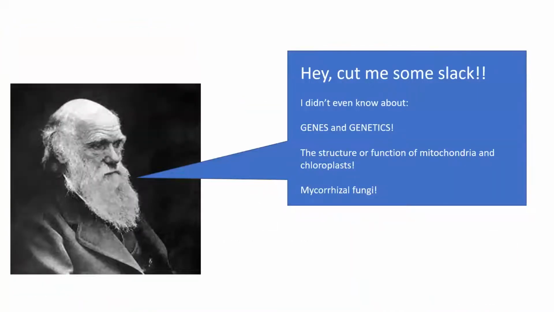But you know, we've got to cut Darwin a little slack. He did come up with some really incredible ideas, although he didn't come up with all the ideas. His major contributions, in large part, have been confirmed by the fossil record and by genetic analysis. He didn't explain everything. He didn't know about genetics. He didn't know about the structure and function of mitochondria and chloroplasts. He didn't know about mycorrhizal fungi. So the fact that he had no explanation for those is really me just using him as a straw man to create a cute little title to get you to come to